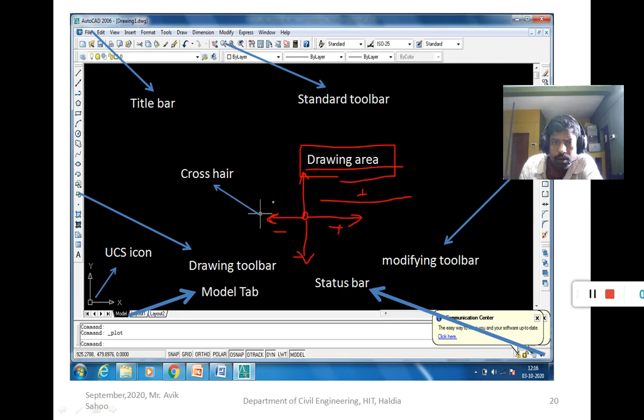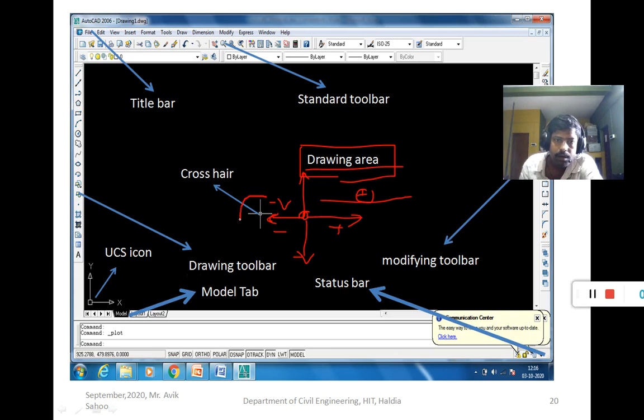So you have to put negative values. At the right side the value should be positive, and at the left side from this point the value should be negative. So this is the sign convention of the universal coordinate system.